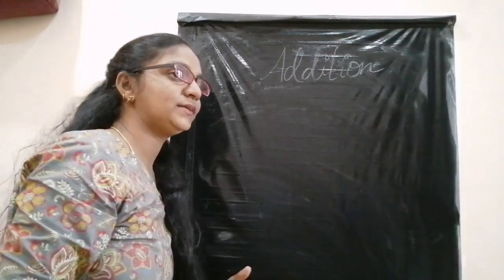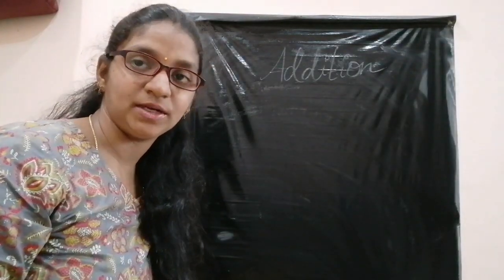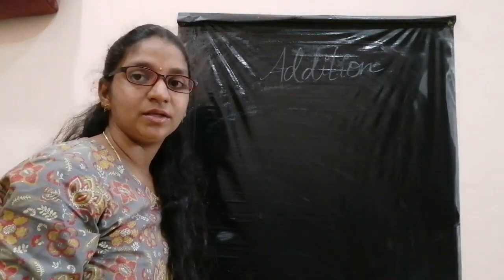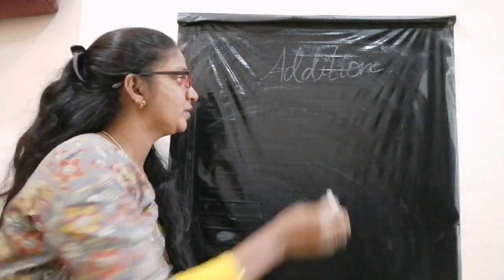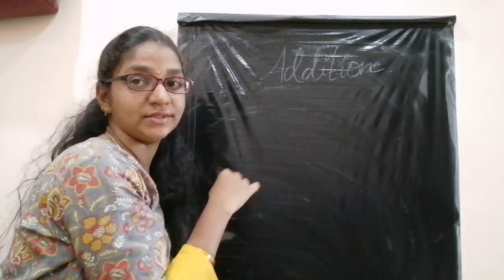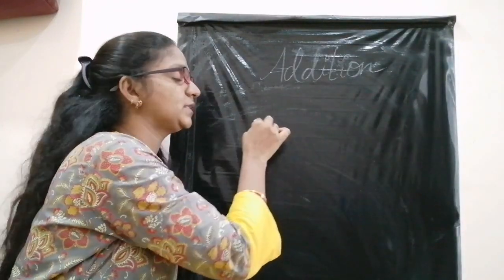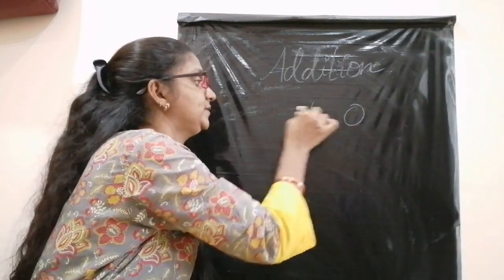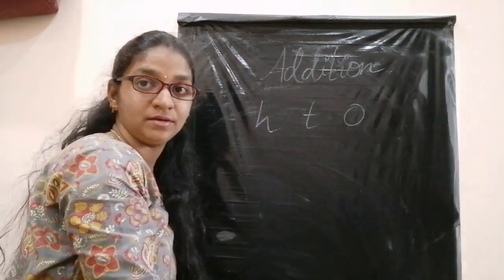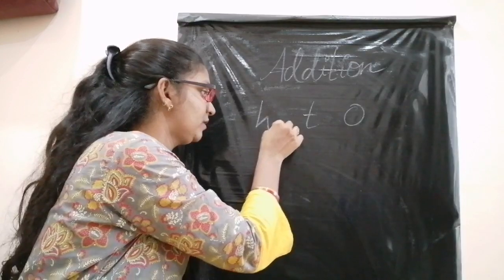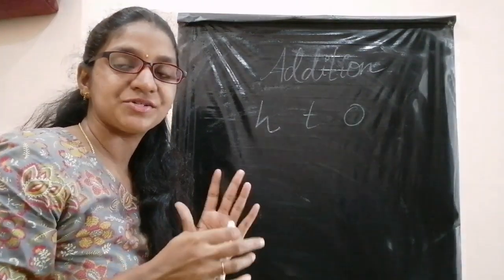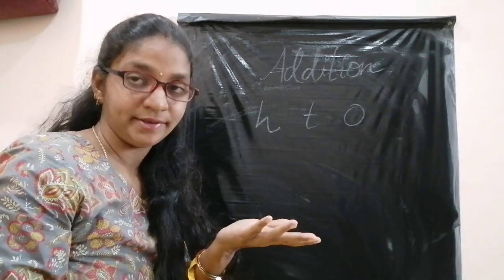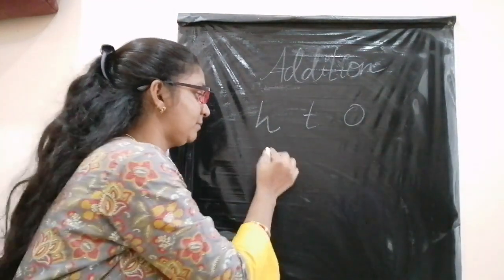See, let us take if it is a 3-digit number or 4-digit number or 5-digit number, whatever it may be, the basic rules are common. I will take the 3-digit number first. For a 3-digit number, what is the place value chart? Ones, tens and hundreds. So, for without carrying, we should take numbers such that the sum of both the numbers should not exceed 10. So we have to take numbers like that.